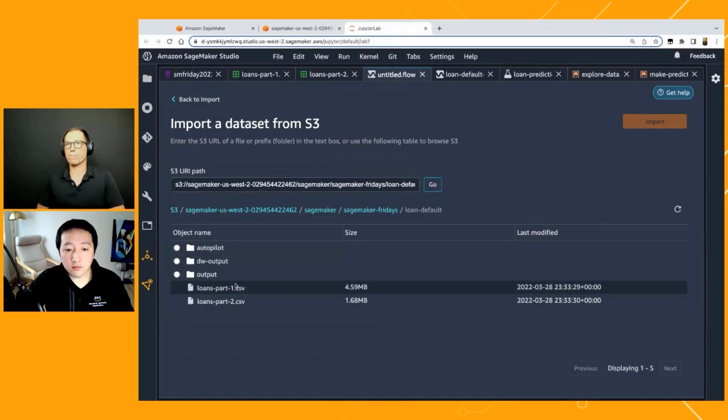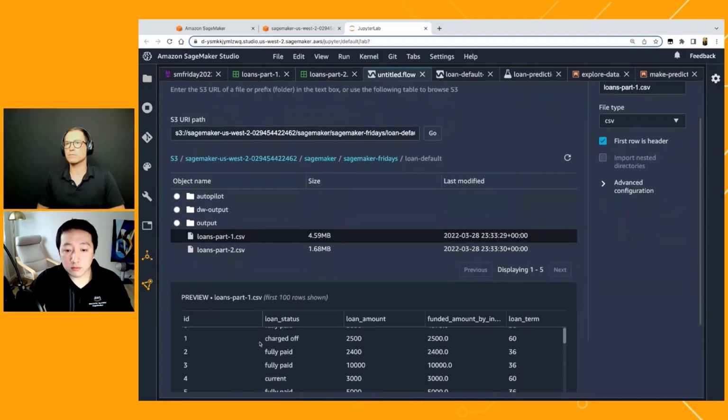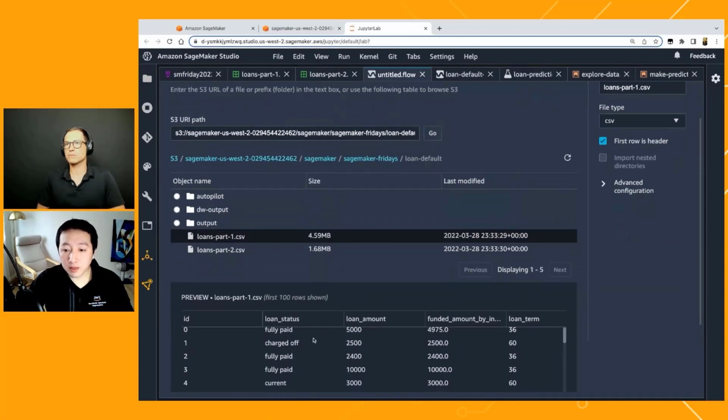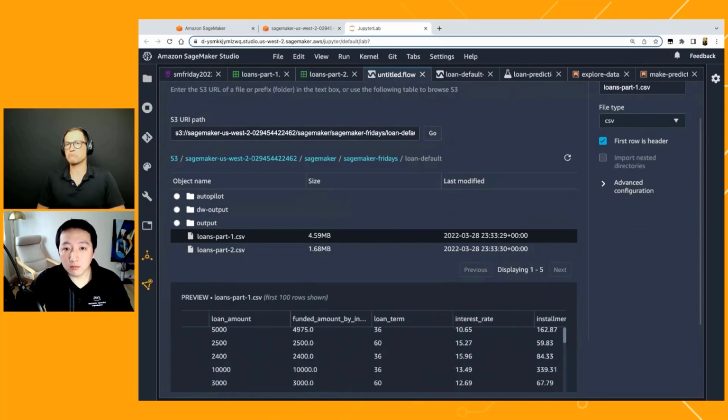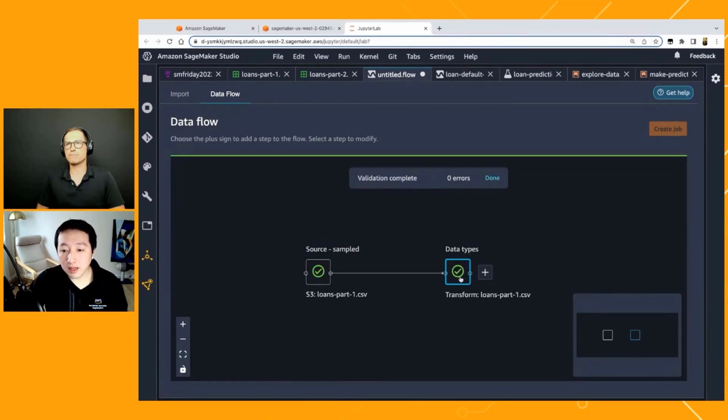These are the two files I'm going to import. We can first inspect whether this is what we expect. Yeah, this is exactly what we have locally. So I'm going to import that into the data sets, and this switches to a data flow view to show what data set has been included, and right now it automatically figures out the data types.